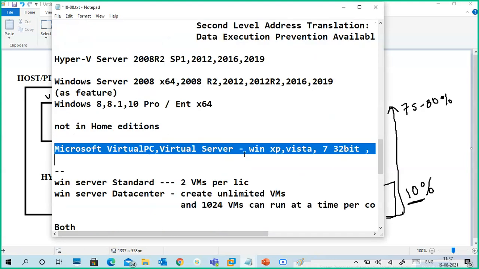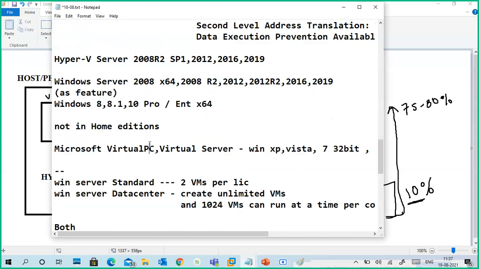Earlier days, before Hyper-V was introduced, Microsoft used Virtual PC and Virtual Server for running guest operating systems. Now it is removed. We no longer require it, and it is not there in newer operating systems like Windows 8 onwards. Virtual PC and Virtual Server won't work.